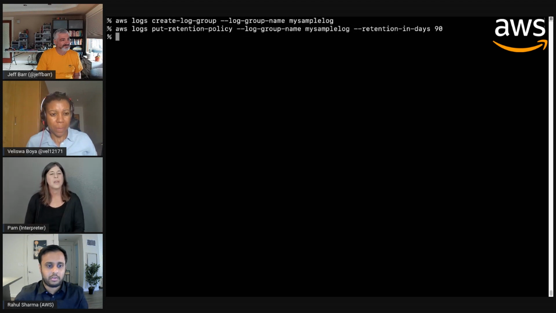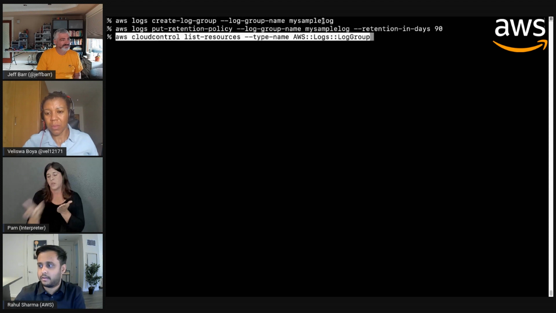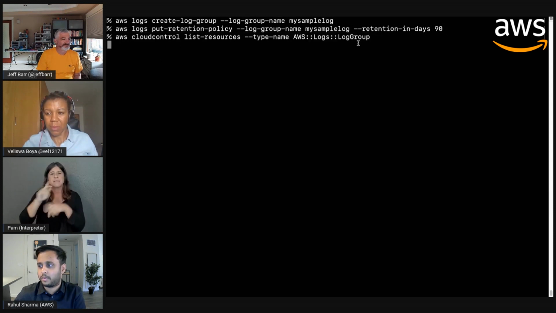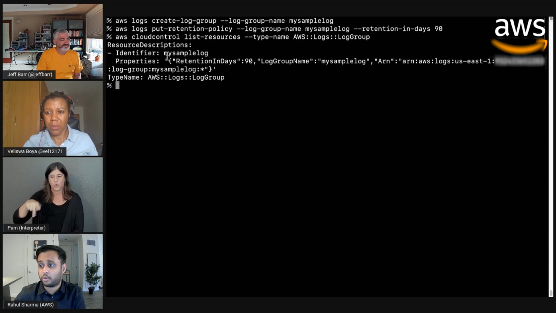I will use the list resources call, specify it here with the type name logs log group. And you would see my sample log would now show up. The identifier shows up with all the required properties. I can discover them. And now I can also discover and delete this as well by passing in the identifier